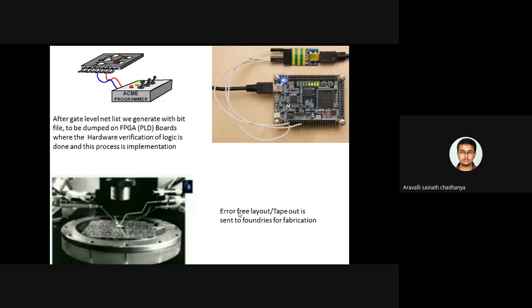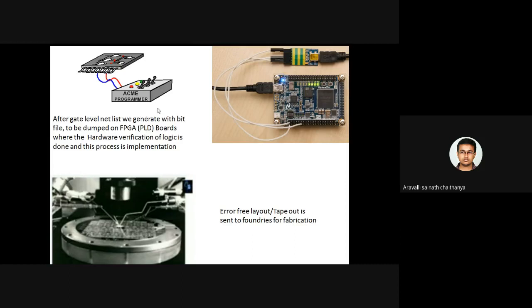Okay, so coming to our part, the digital design flow. Coming to the ASIC chip, that is the VLSI design flow, the final part we will be sending to foundries for fabrication. This chart is depicted here. You can see it down below. But coming to our digital design flow, our last part is the implementation part. That means after the synthesis, technology mapping, placement, and routing, parallelly we are going to generate a bit file, which is dumped on your programming kit. This kit may be an FPGA board or CPLD board or whatever it is.